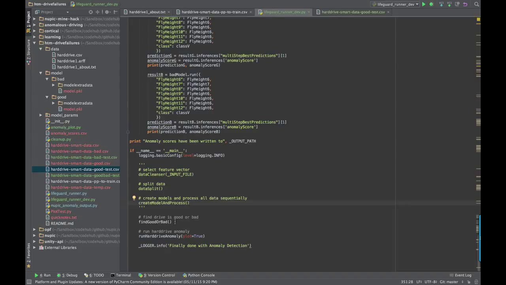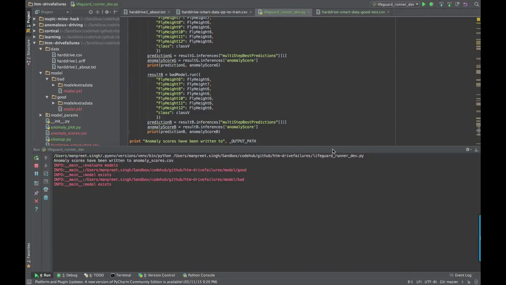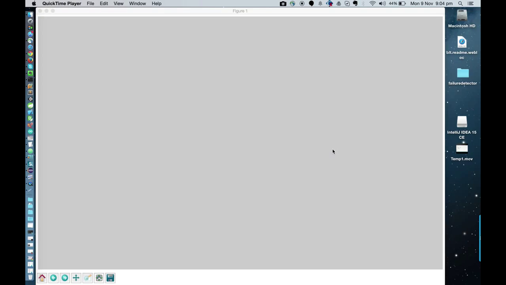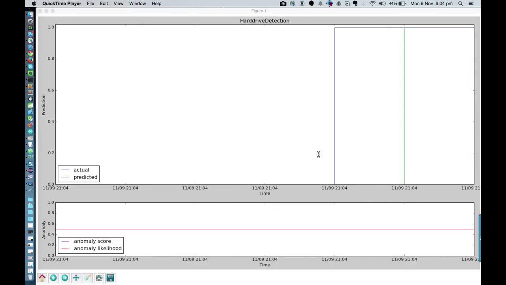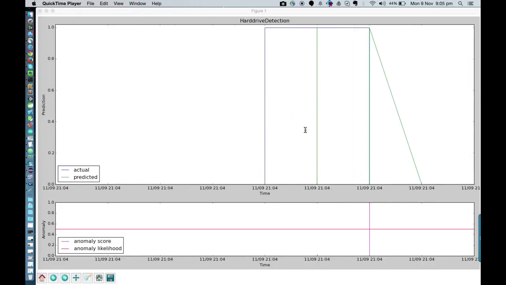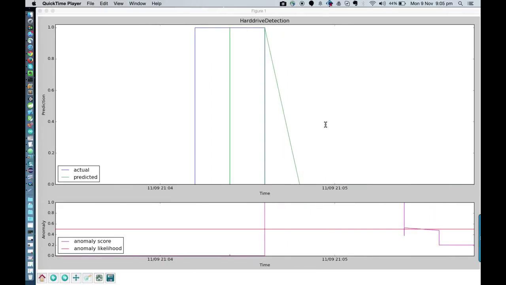The find good and bad method feeds in sample data and tries to see what the anomaly score is. Run hard drive anomaly plots the graph to see whether the anomaly detection happens. Let me quickly run a demo to see that. And here we see the data is being fed into the NuPIC models, and this is where I have inserted anomaly data where I'm predicting failures,